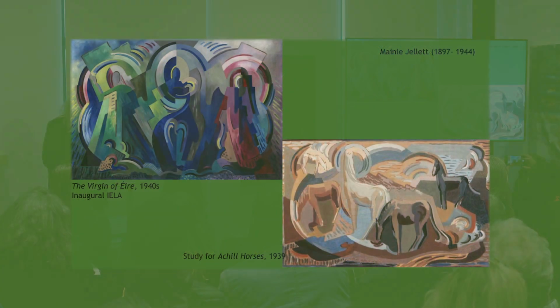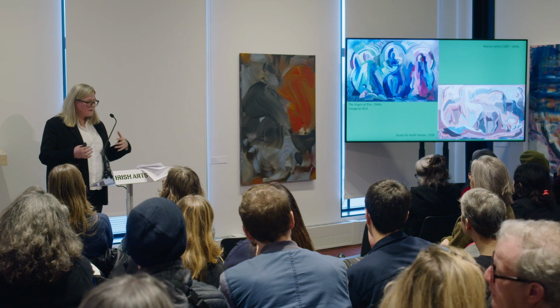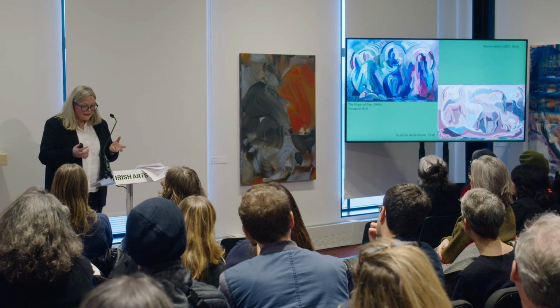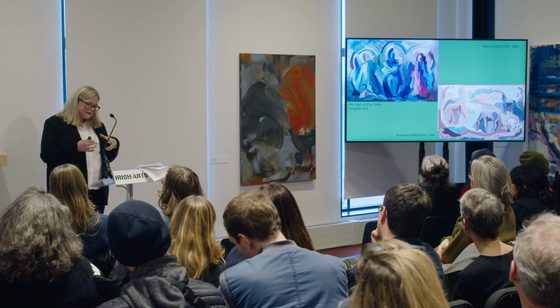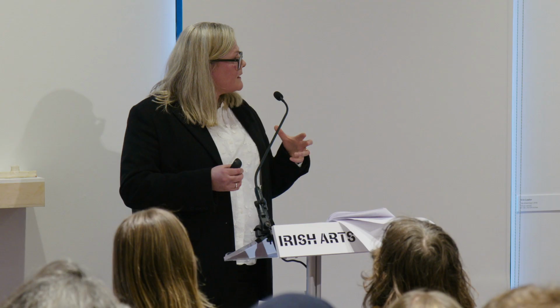I think also what's very interesting is that she starts to take on some of these Irish forms, and you see Achill, Study of Achill Horses, an island on the west of Ireland, images of religion again, Virgin of Éire. Which of course, it's an interesting question, is she trying to bring audiences to her by dealing with religious imagery like this, and to help them engage with modernist ideas in terms of formalism? I don't know. But what she was doing, as I said, was trying to argue for the value of what she was doing and still doing it within a national perspective.